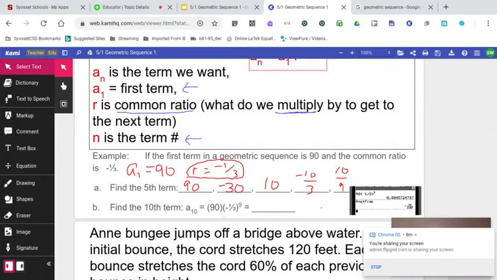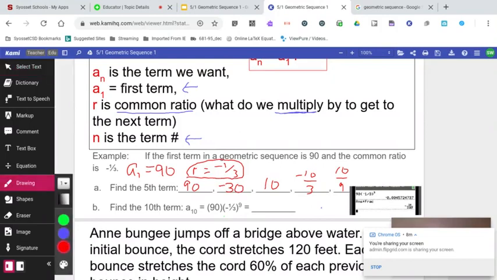But basically, to get to a sub 10, the 10th term, we multiply by the first term, a sub 1, which is 90, times the common ratio, which is negative 1/3, and raise it to the 9th power, which is 1 less than the term number. Do the calculator, I get approximately negative 0.00457,